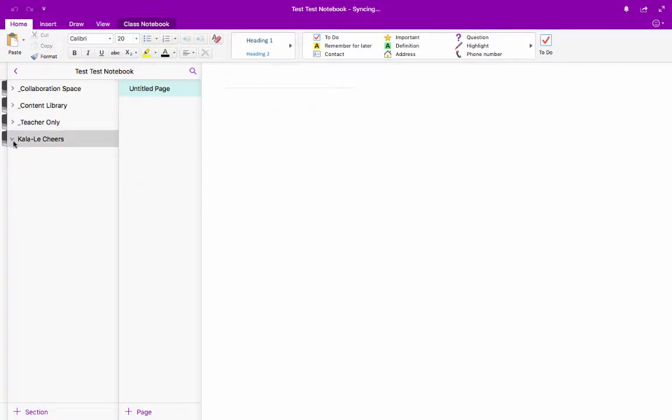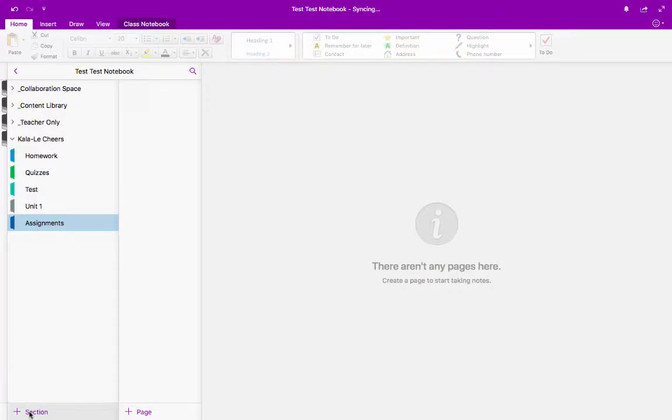Now, when you first create your OneNote notebook, it will ask you to create different sections. The sections that I created through the setup process were homework, quizzes, test, unit 1, and assignments. You can always add more sections by going down here where it says sections and adding sections to your notebooks. Now,